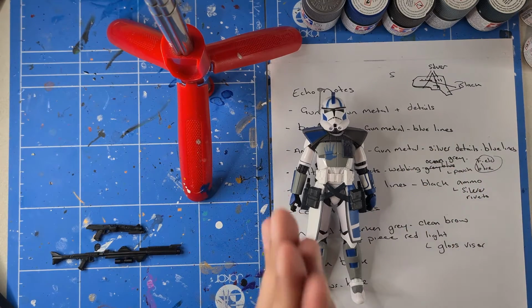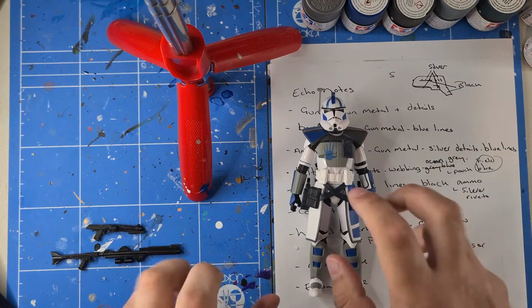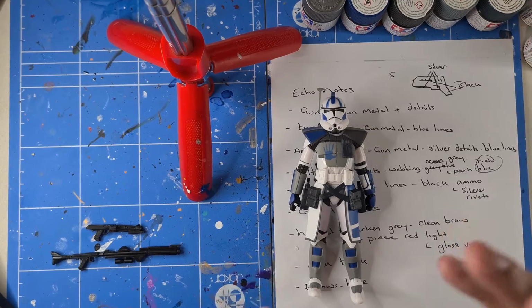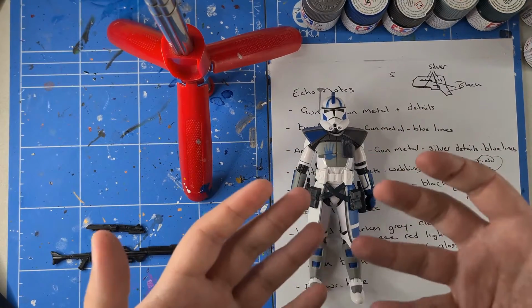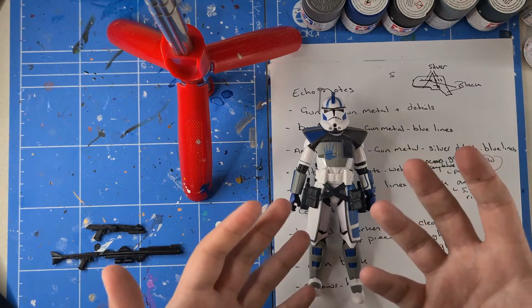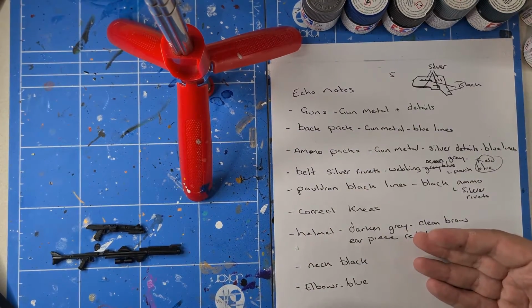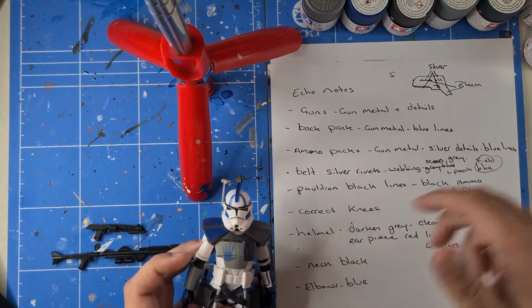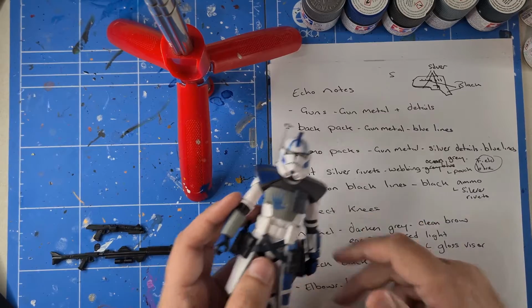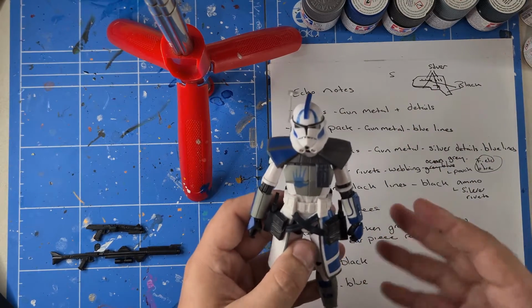As fantastic as they are, they're only kind of 20-25 figures at the most, so the paint applications are not going to be great. So it's down to us to bring out what Hasbro have given us in the sculpt. As you can see, I've got a list here of what I'm going to be doing to the figure: guns, backpack, ammo pouches, belt, pauldron, correct the knees, helmet, neck, elbows. So the whole thing is going to get a re-look,